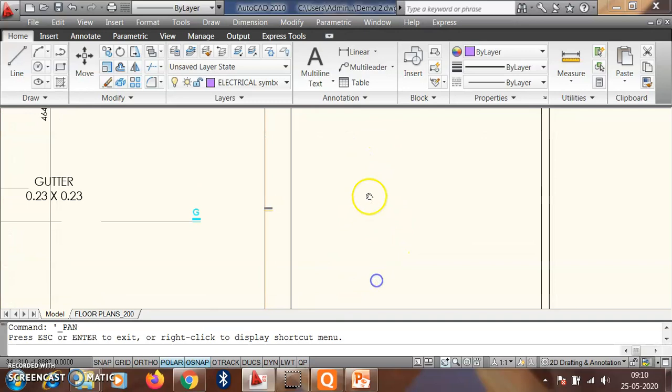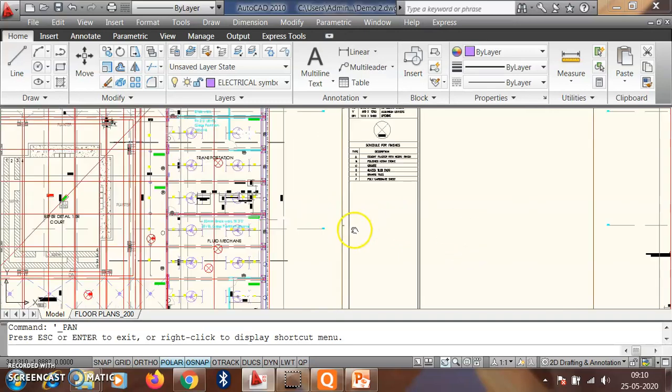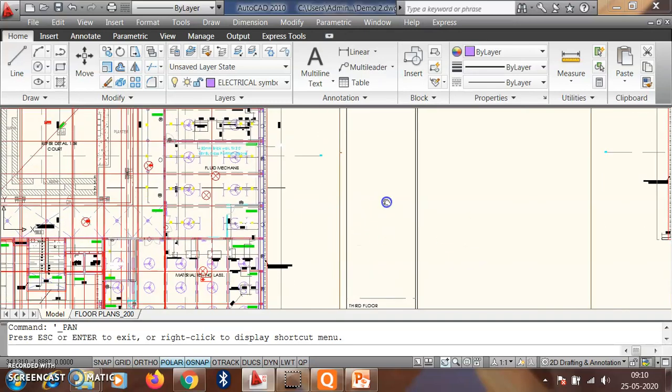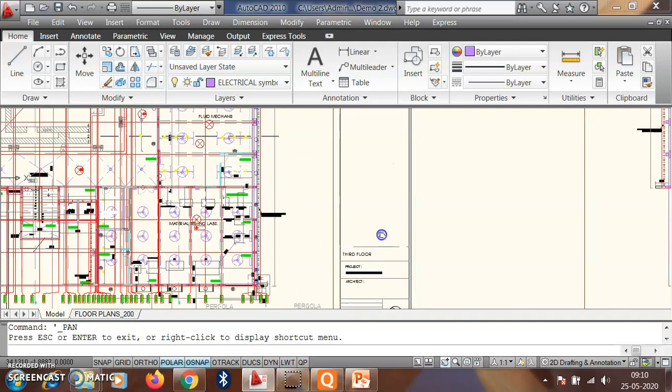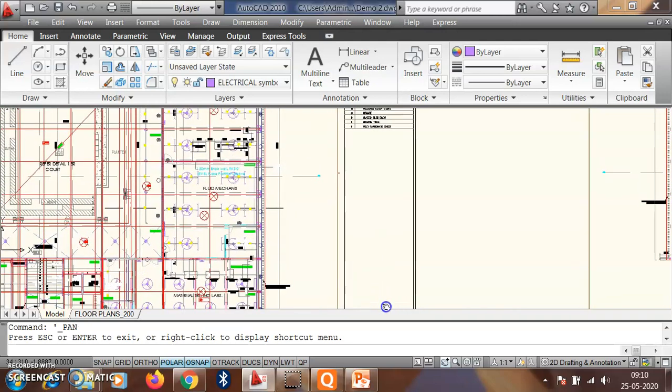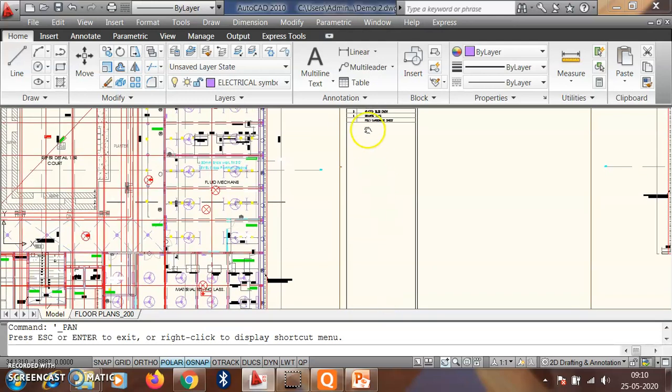Then again, you have some notes. In that case, this is the blank space, you can enter these notes. Sometimes there will be a flat system, sometimes apartments, public buildings. In that case, different notes are required here.